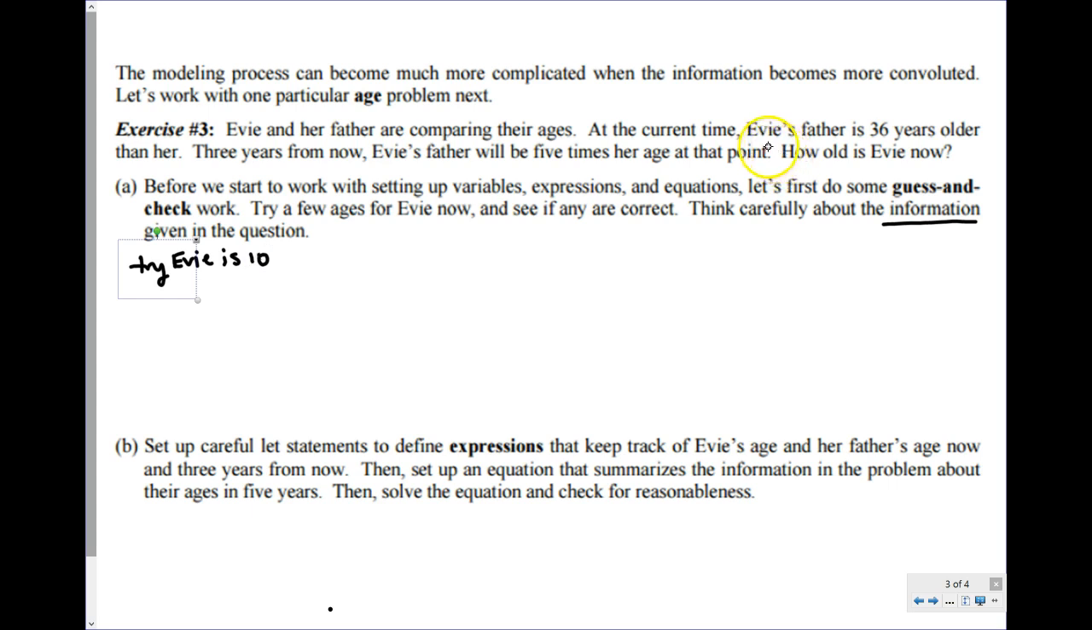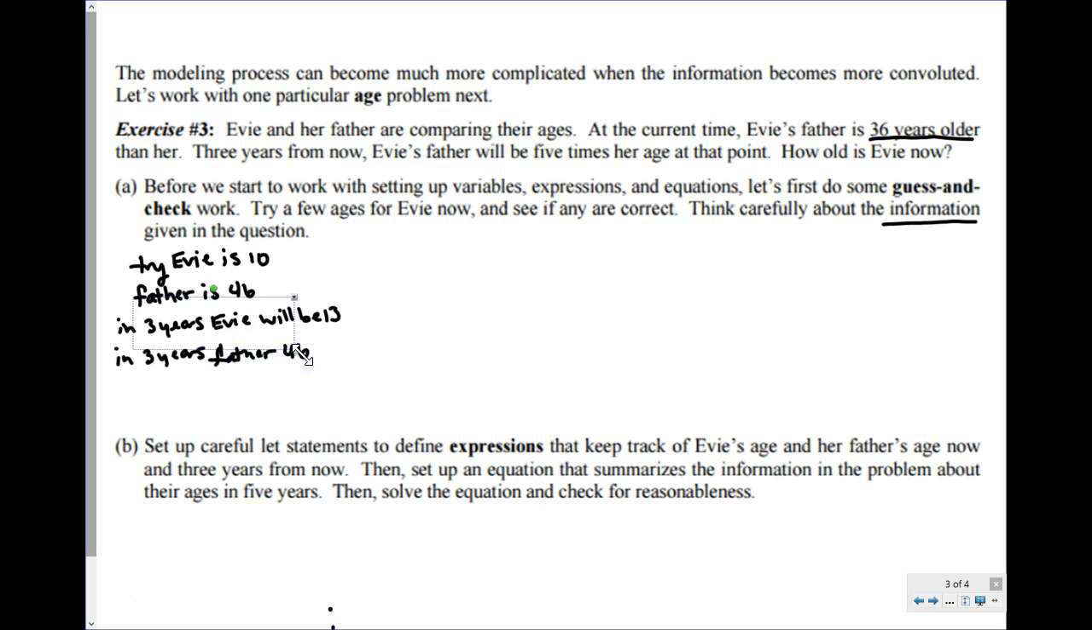If Evie is 10, how old would Evie's father be? Well, Evie's father is 36 years older. So that means that the father would be what? Well, what's 10 plus 36? 46. Now, 3 years from now, how old will Evie be? She's 10 now, so Evie will be 13. Then how old would her father be? Well, in 3 years, if her father's 46, that means in 3 years, he would be